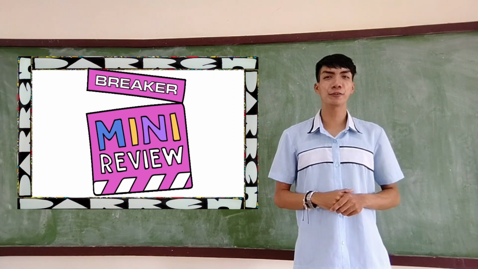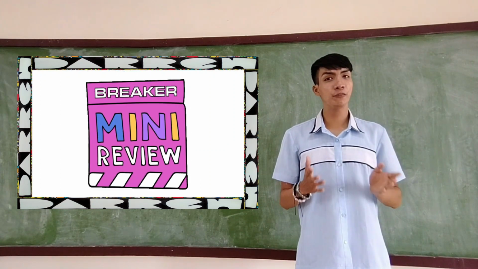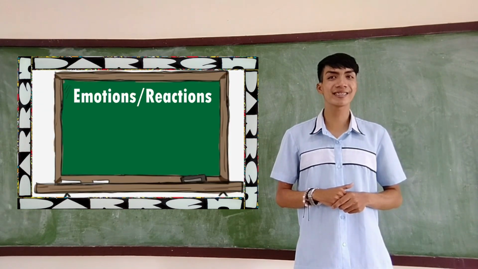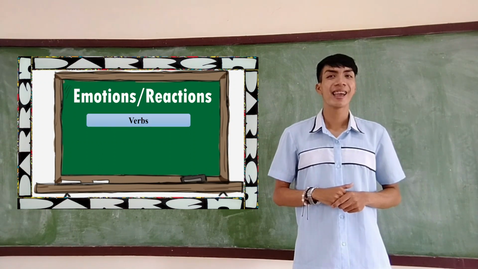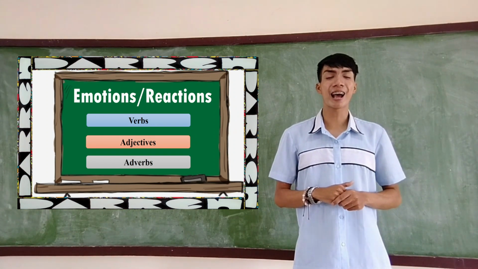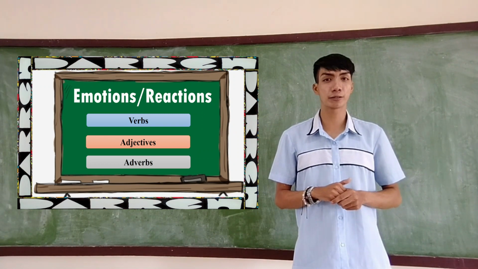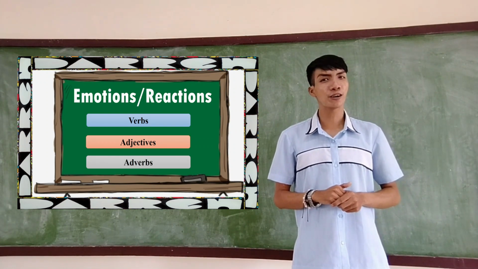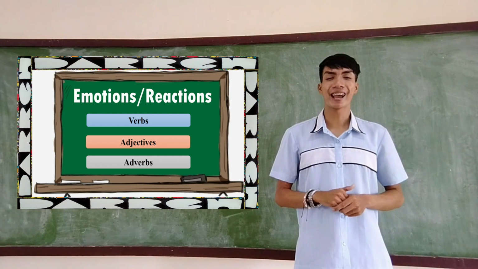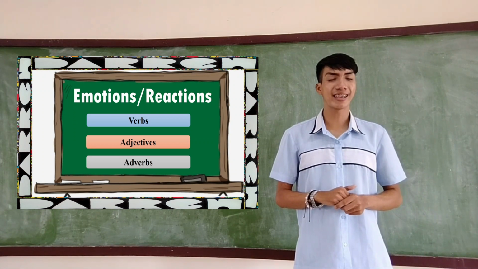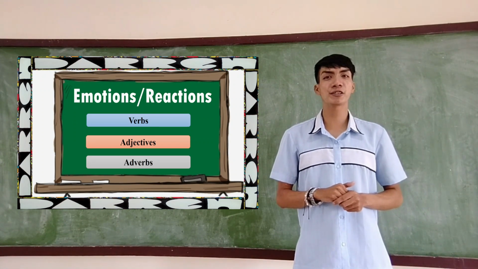First, let's have a review of our earlier topic. Previously, we discussed expressing emotional responses through the use of verbs, adjectives, and adverbs. We comprehensively discussed how to appropriately and creatively use these specific parts of speech to express our emotions and reactions. For today's episode, we will be discussing the different types of tables, graphs, charts, and maps to explain information found